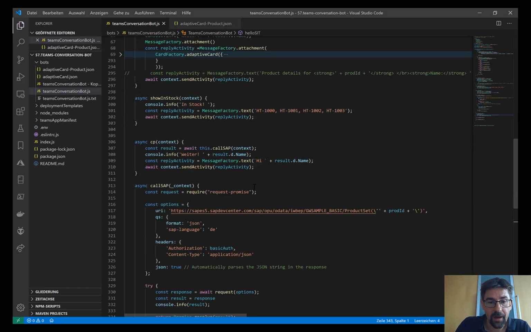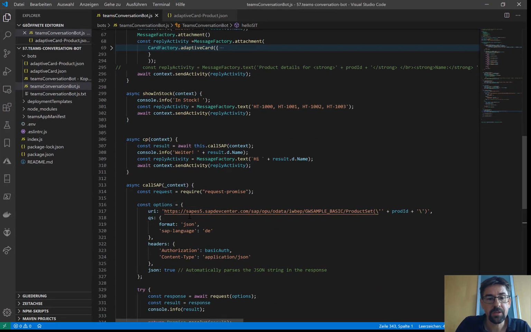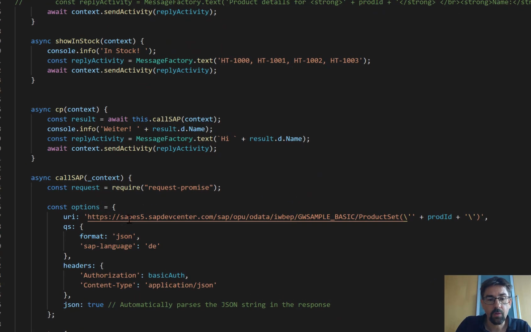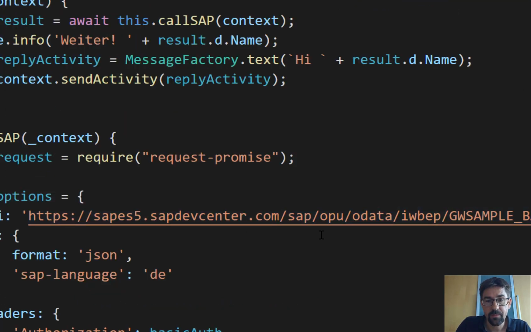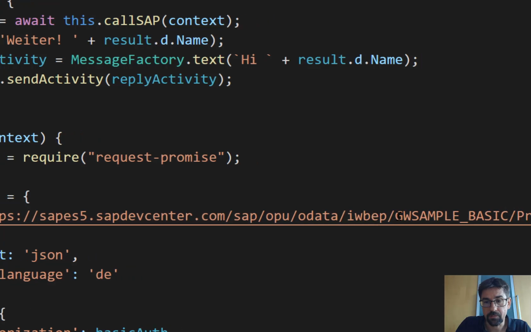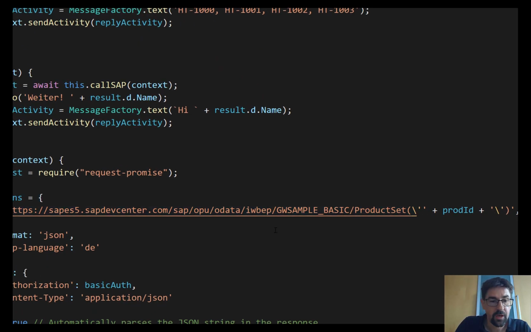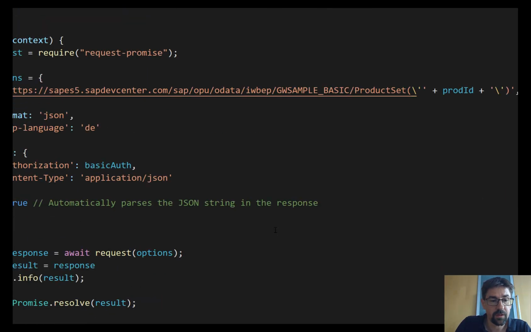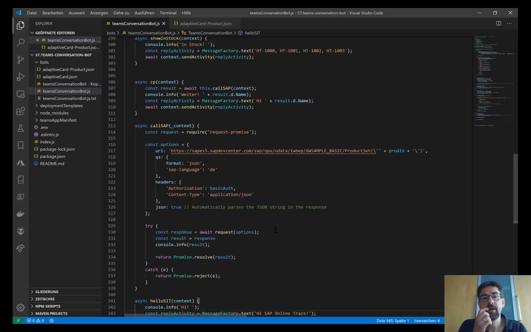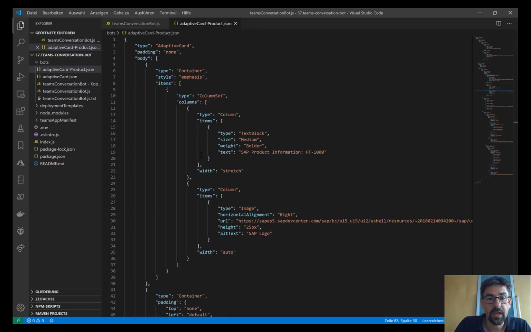The only thing that I have done then, and I'm sure this looks very familiar now in the meantime, is I call our OData service, so the SAP ES5 system. I call this sample service. I paste the product set information, and then I retrieve the relevant information from SAP and have the data. So then the next step is just about visualizing the results, and for this, as mentioned, I'm using these adaptive cards.